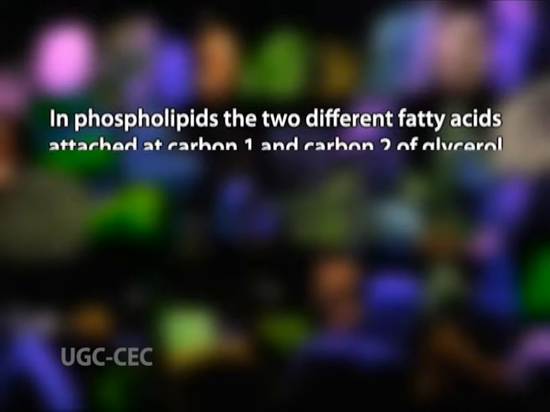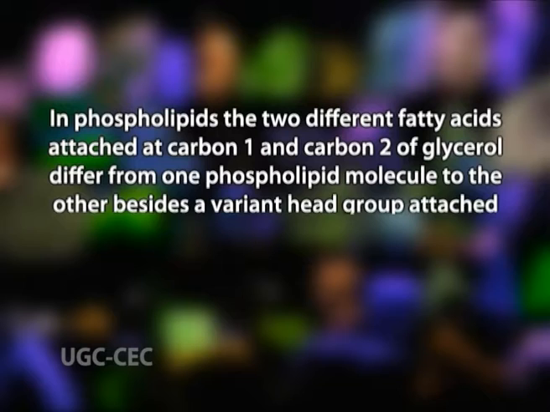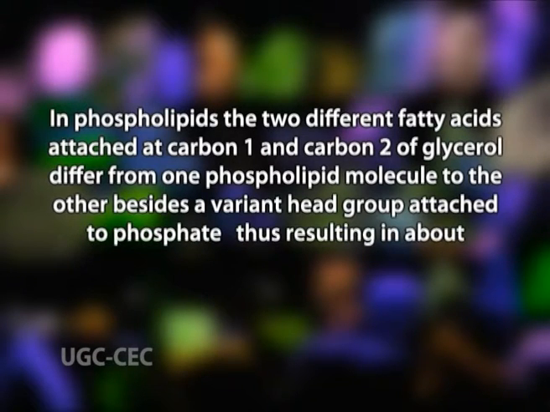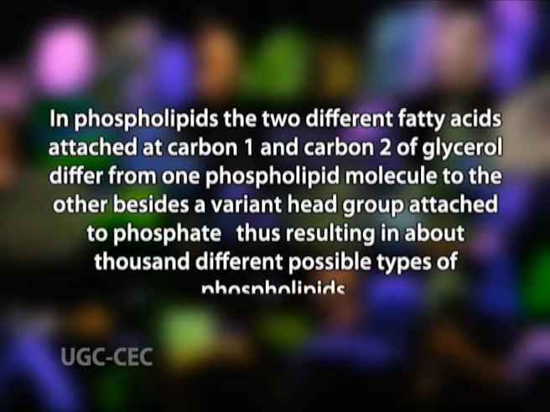In phospholipids, the two different fatty acids attached at carbon 1 and carbon 2 of glycerol differ from one phospholipid molecule to another, besides a variant head group attached to phosphate, thus resulting in about 1,000 different possible types of